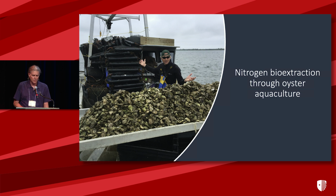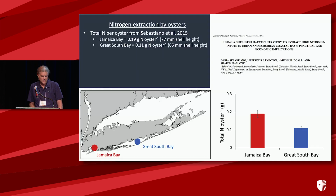So how do these nitrogen removal rates compare with that obtained through oyster aquaculture? To estimate oyster bioextraction, I used measurements of total nitrogen per oyster from a study that I was a part of, and it's published in a 2015 paper. In that study, we cultivated oysters in cages in 2 Long Island locations, Jamaica Bay and Great South Bay. And these 2 sites nicely paralleled the 2 sites where we found the best kelp growth, the East River and